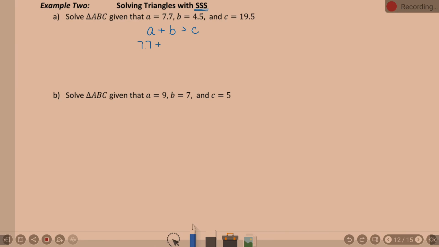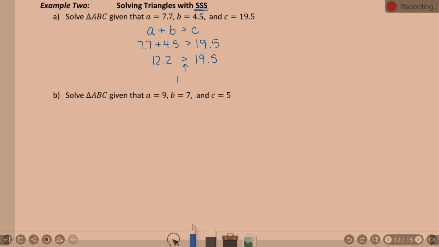So 7.7 plus 4.5, is that greater than 19.5? I don't necessarily know what that is exactly, but it definitely doesn't add up to be more than 19, does it? So when you look at the fact that 12.2 needs to be greater than 19.5, and it's not,